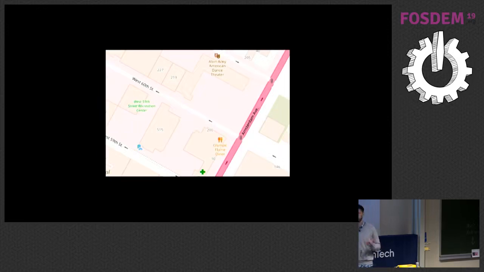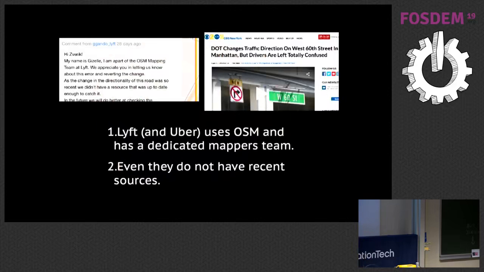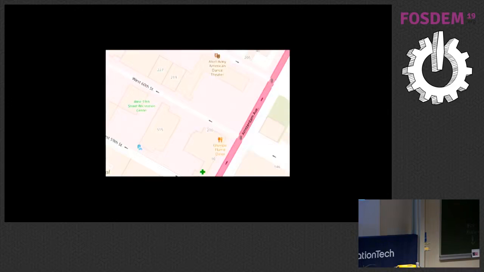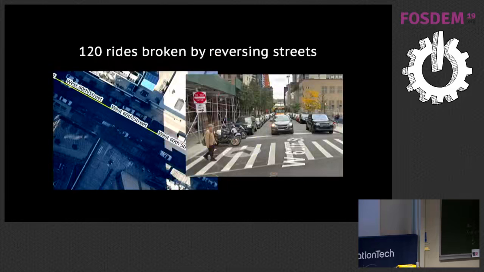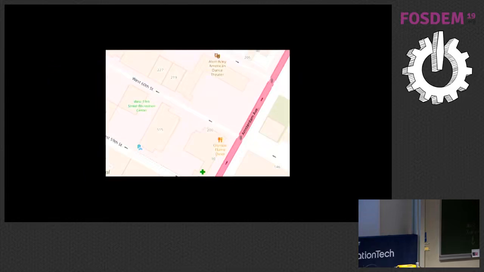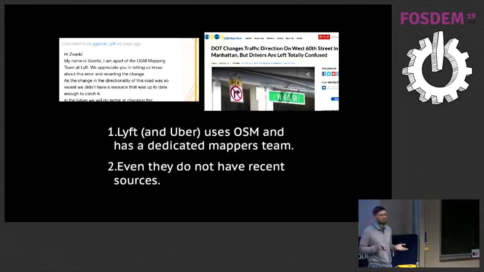So what happened? I started Googling, and it turns out that 4 months ago, the Department of Transport indeed reversed the direction of the street. But it was just 4 months ago, and all the sources we have, like satellite imagery and Street View, don't reflect it, because satellite imagery was taken like half a year ago, and Street View is from 2017. I wrote to the OSM editor who made the change, asking them to be more careful.